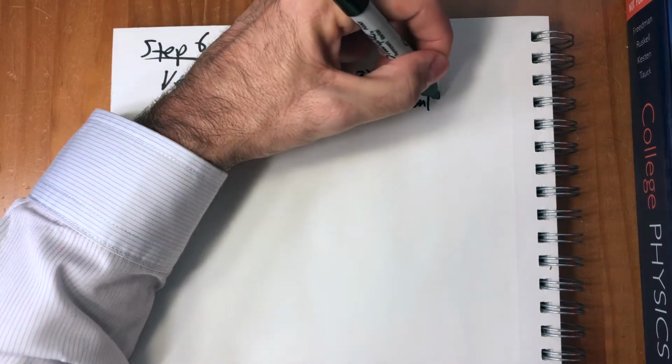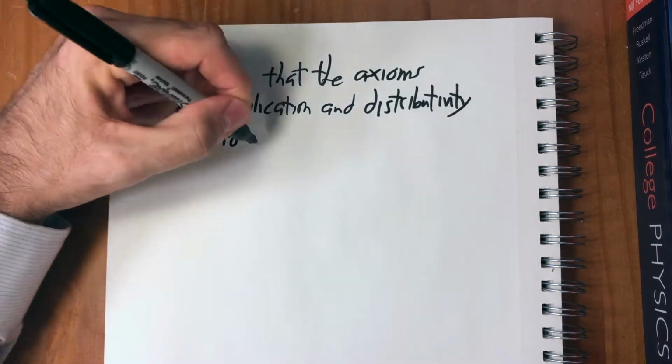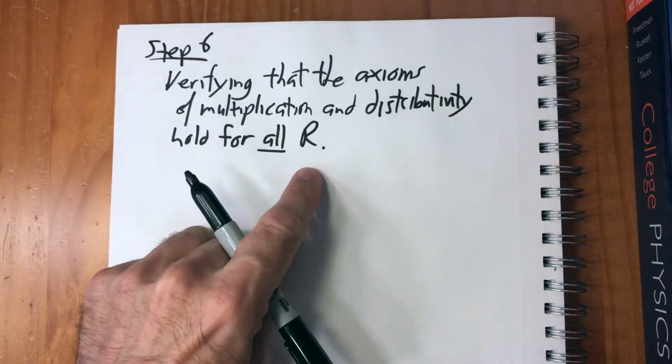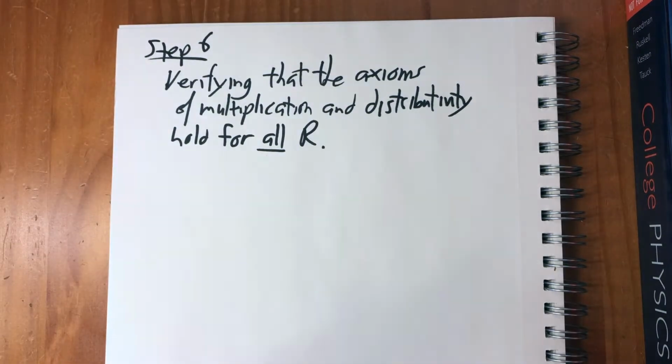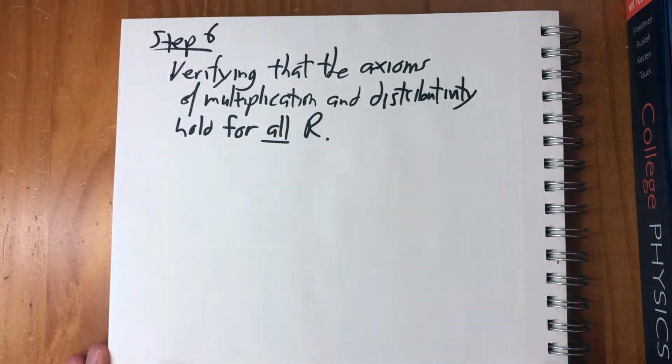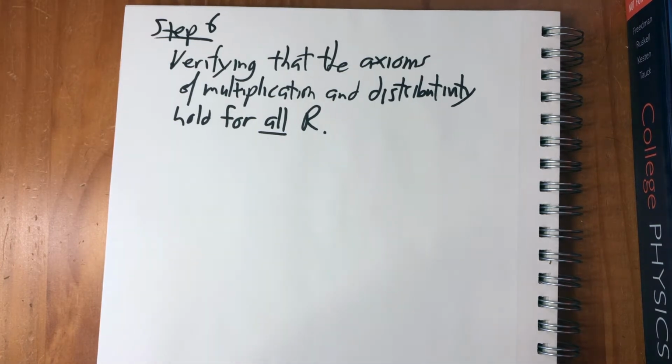distributivity hold for all R, right? Last time we did it for the positives. Now that we have the positives, we just need to extend it to the negatives, and then we'll be done with multiplication. So before we prove that, there's several things that we're going to need that we've used before, but